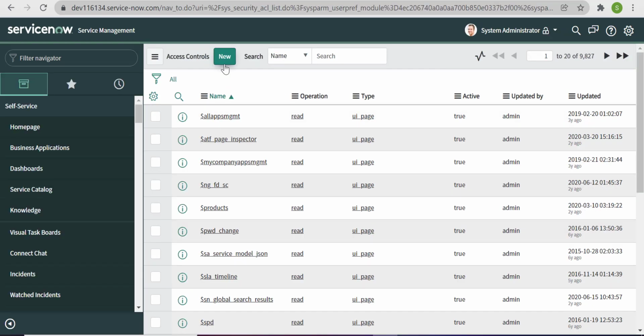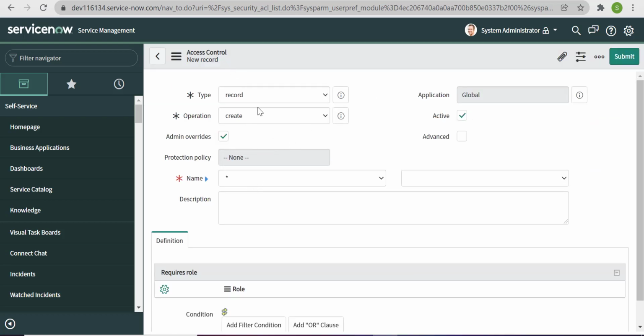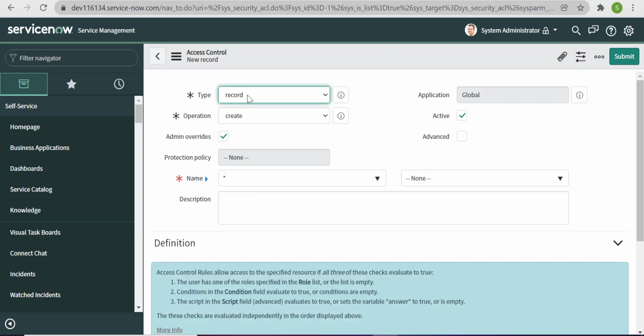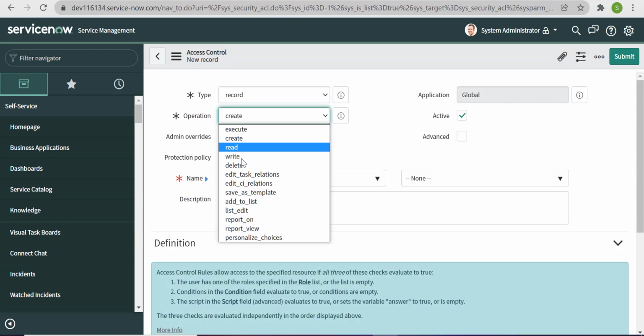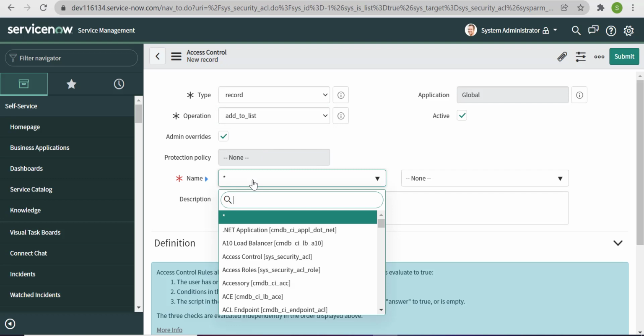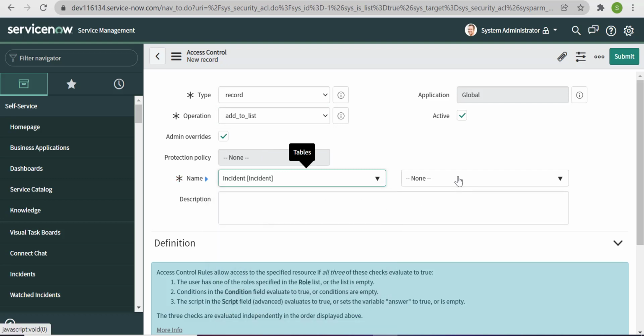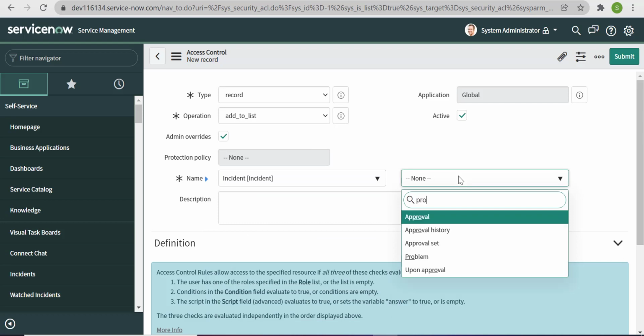You just click on new. From here, type is record, and for operation you have to select add_to_list. From name we have to select the table name, incident, and the field will be priority,